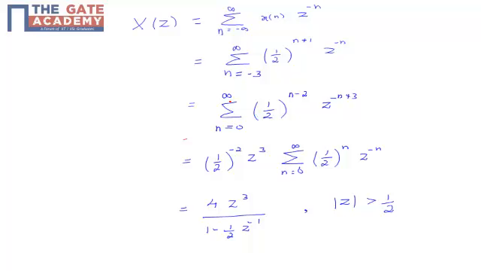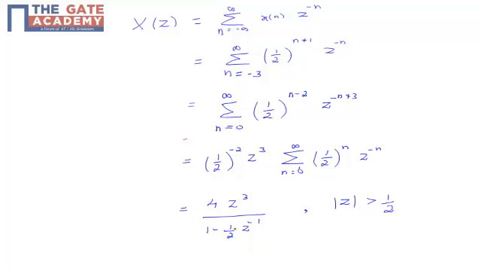So what we will get is the summation from n equal to 0 to infinity of (1/2)^(n-2) and z raised to minus (n plus 3). Now what we have done is from this part we have taken 1 by 2 raised to minus 2 common, and from this part z raised to 3 outside this summation, since it is independent of the variable n. So now we have the summation n equal to 0 to infinity of (1/2)^n z raised to minus n. So from this part we get 4 times z cube,